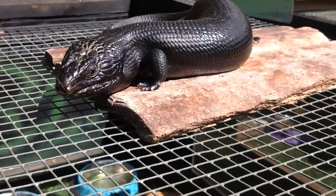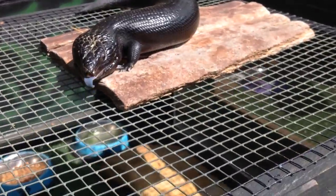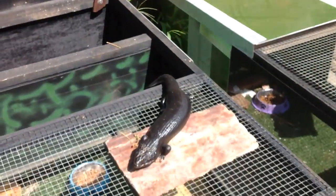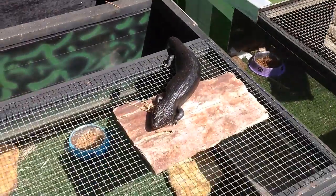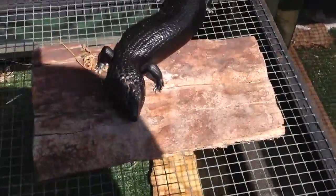So yeah, not much new with these guys out here. Just same old, eating, sleeping. I'm going to be getting them ready for winter soon. I'm going to be moving them up onto the deck where they won't get any rain to keep them dry, and I'm planning to put a heat pad in every enclosure except the blotchies over winter, so they have a